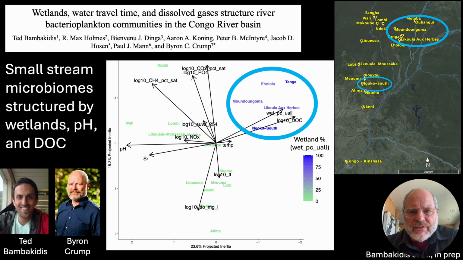So our next step for this involves a taxonomic analysis of the communities to identify the dominant taxa that are in the big rivers and those that are associated with wetlands, greenhouse gases, and other variables. This is also exciting work from a natural history perspective because microbes in the Congo have not been described before, so this is the first study.